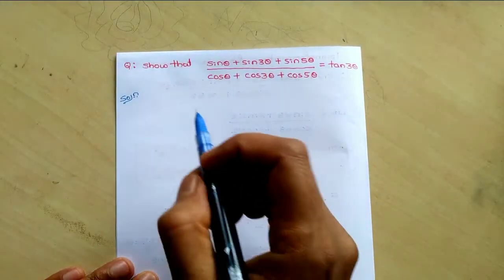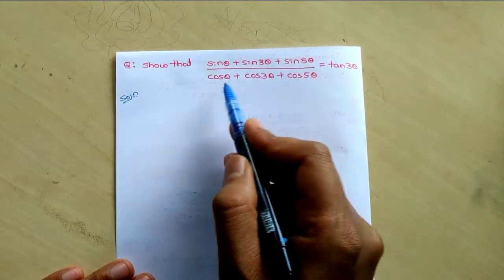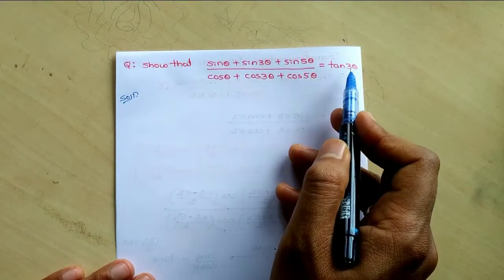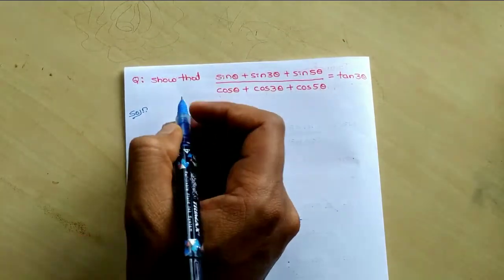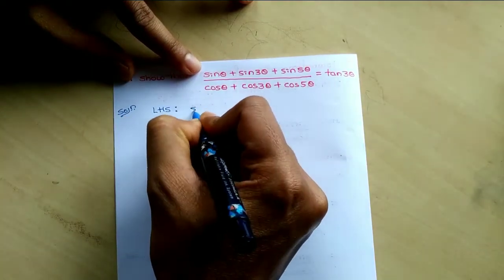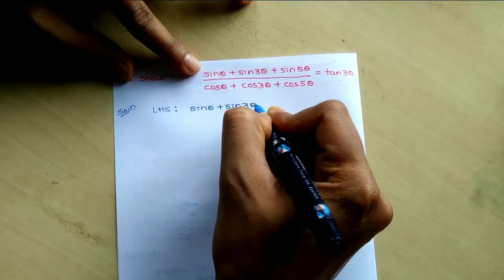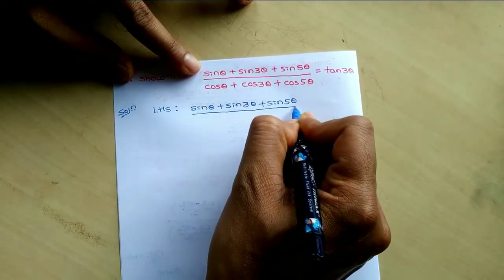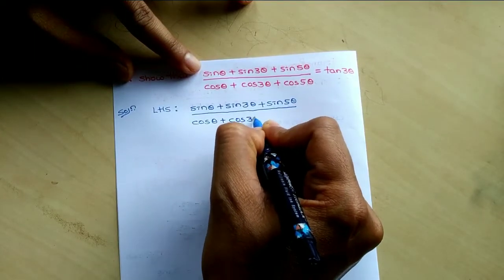So next question, show that (sin theta plus sin 3 theta plus sin 5 theta) divided by (cos theta plus cos 3 theta plus cos 5 theta) is tan 3 theta. So first we will consider the left hand side, LHS: sin theta plus sin 3 theta plus sin 5 theta divided by cos theta plus cos 3 theta